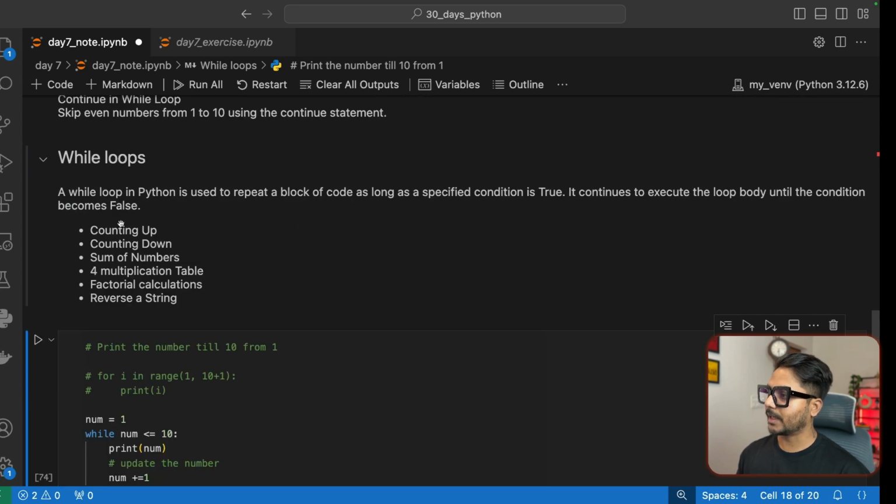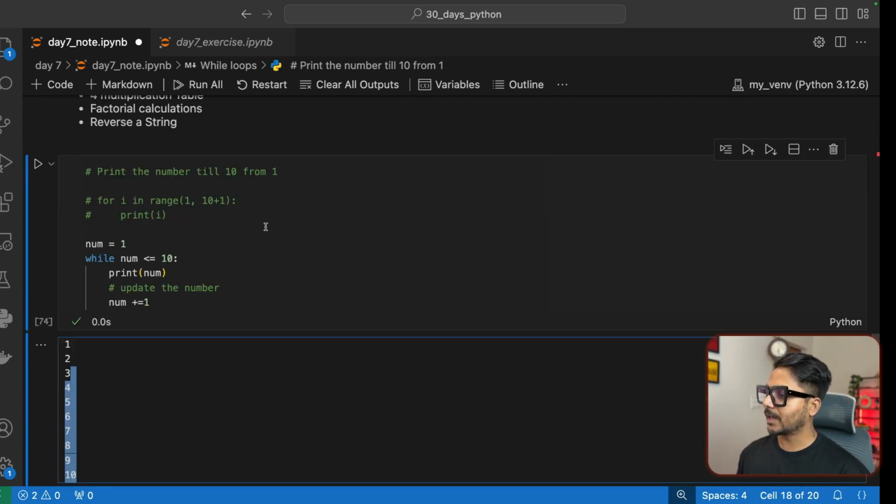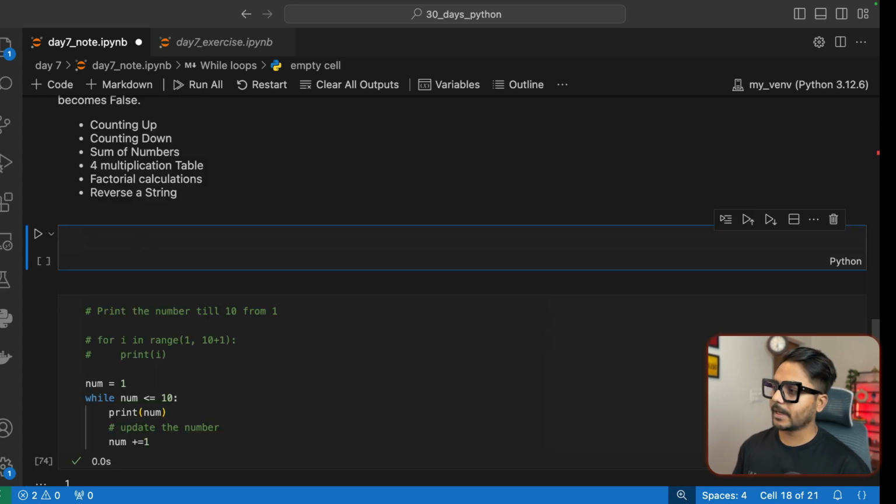So what we have done is that we have counted the number up to 10. The same way we can do counting down. Here you may get a little confused, but you need to remember it is the same concept. The way I remember it is very simple. I can go ahead and say while